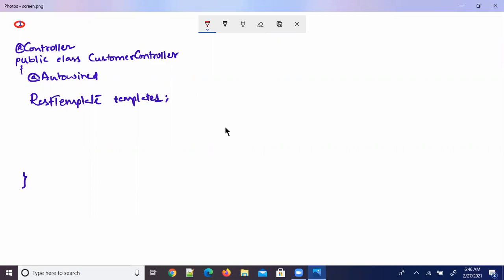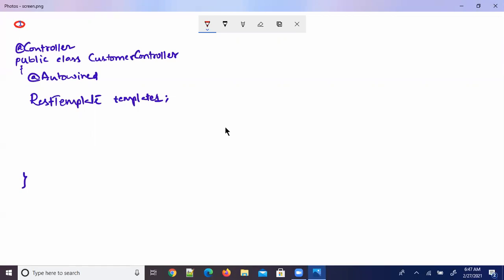By writing @Configuration, we are telling that this is a Java configuration class. Only Java configuration classes are loaded while initializing the application context. If you write, for example, the @Service annotation on top of a class and try to load that class when initializing an application context, it will give an exception.